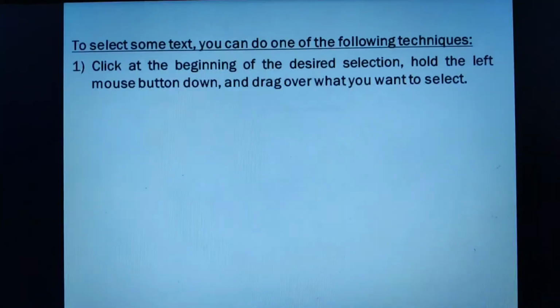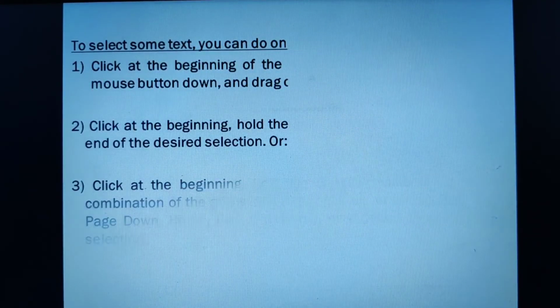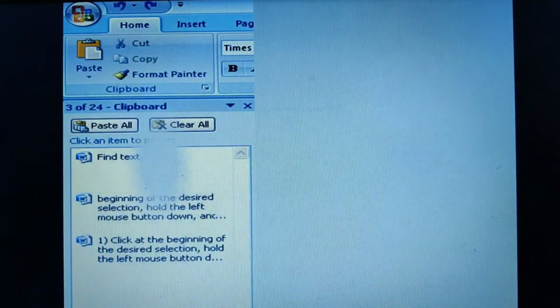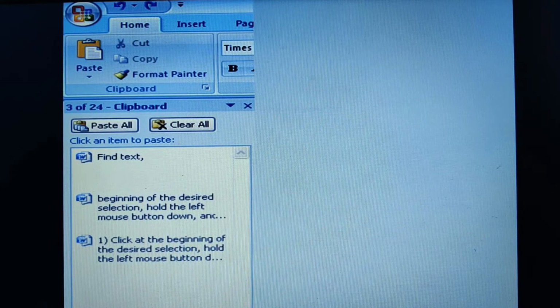The different options we need to discuss next are cut, copy, paste and undo. In the older versions, as per your textbook, all these options, cut, copy, paste and all, we had in the Edit menu. Here we have them under the Home menu. Under the Home menu, you can see here we have paste, cut, copy, and format painter. Format painter I'll show you.